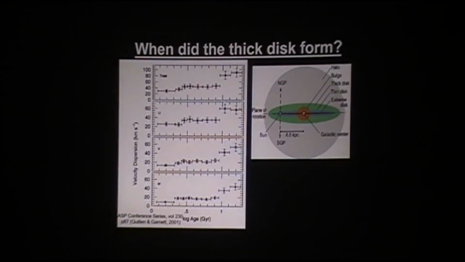Now another thing, the Milky Way has, so this is the structure of the Milky Way, it has this thin disk and also this green thick disk. And what's shown here is the velocity dispersion. The important thing is the bottom panel. So the velocity dispersion vertically to the disk of the Milky Way is a function of how old the stars are. So these stars are about 10 billion years old. These were formed recently.